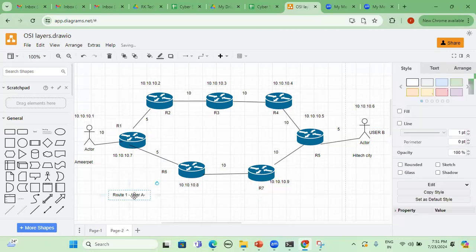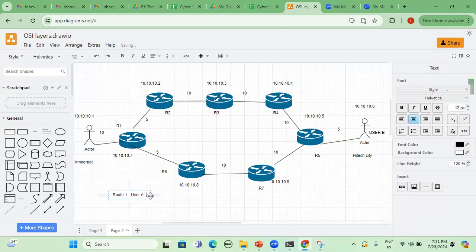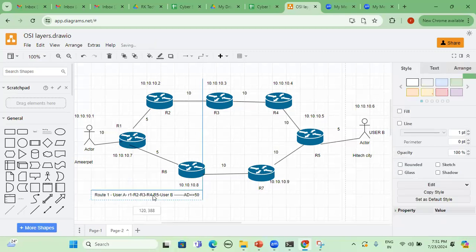Now we can go for route 1, user A. What is the first route? R1. Next one is R2. Next one is R3. Next one is R4, R5, and user B. Now administrative distance AD equals 50. So that is on route 1.